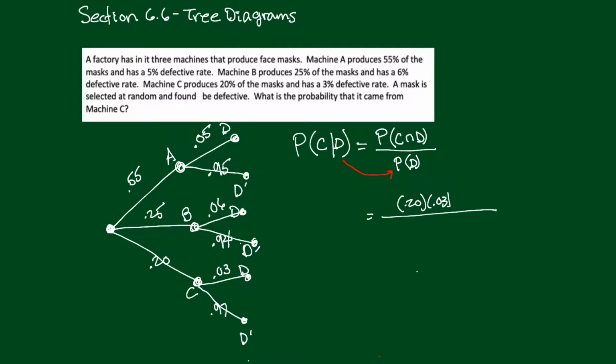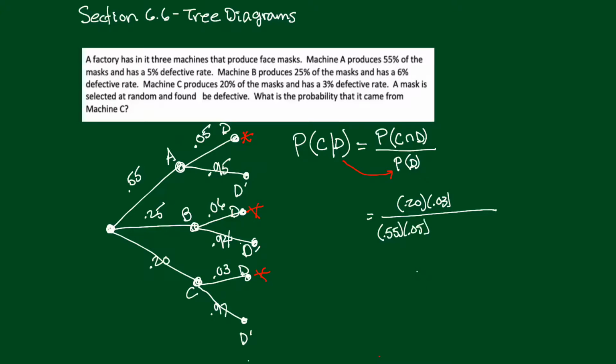Now the denominator is defective. So how do you get a defective? Well, look over here. Here's how you can get a defective. You could get it here, here, or here. I'm going to make a note of that. I could get it here, here, or here. Now, how do you get this one here? Well, this one comes from going to A and then to defective. So this one here is going to be the 0.55